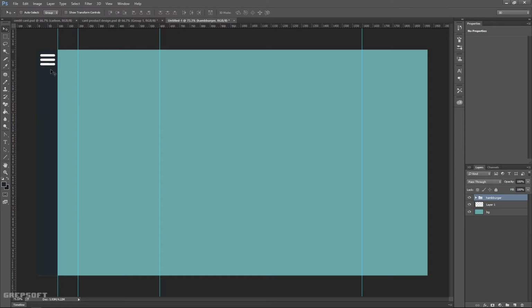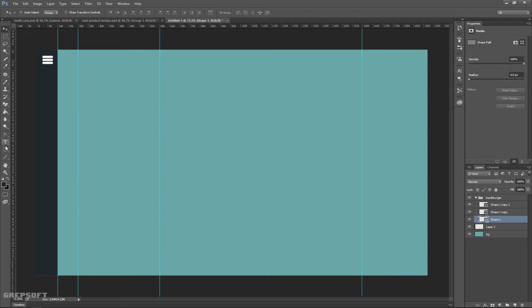Now I'll take this and move it over here. Now you can see it's quite big. I'll hit Control T, then hold Shift and Alt, and make it a little bit smaller. Okay, so these are too fat. What we need to do is definitely shrink them down. So I'll select the shape, and if you don't see the option to play with the smart object, I think that's what it's called,